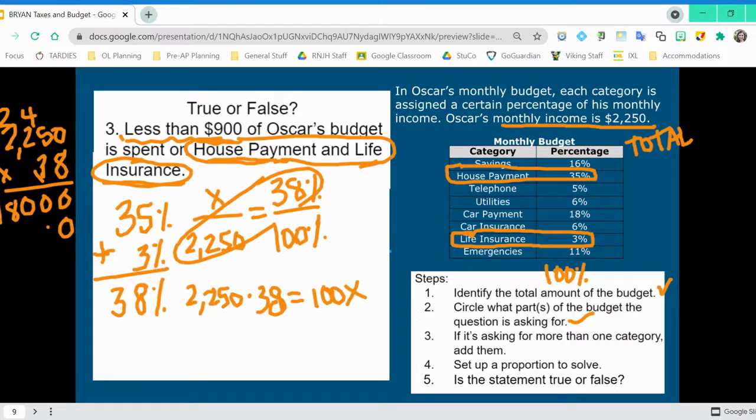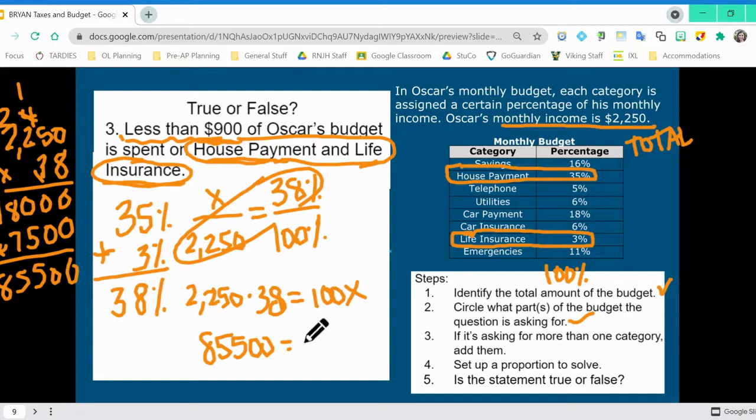Next line, I start with the 0. Need another 0. 3 times 0 is 0. 5 times 3 is 15. 3 times 2 is 6 plus 1 is 7. And 3 times 2 is 6. So then we add those up and we get 85500 equals